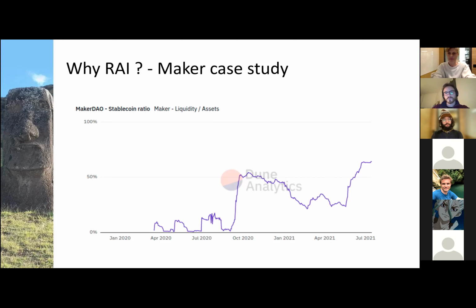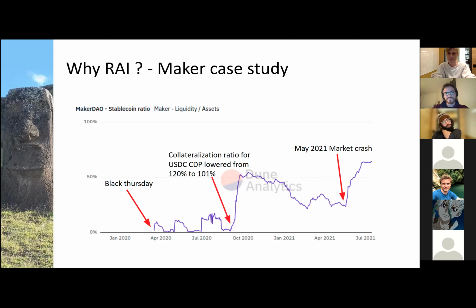If we look at the history of Maker and when they added USDC collateral, it's always when the market went bust and there was not enough DAI supply on the market, so they had to compensate this lack of DAI supply by onboarding USDC collateral,